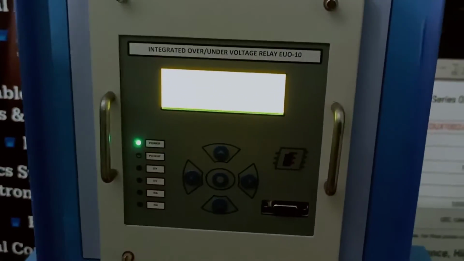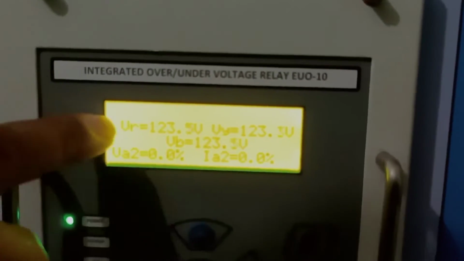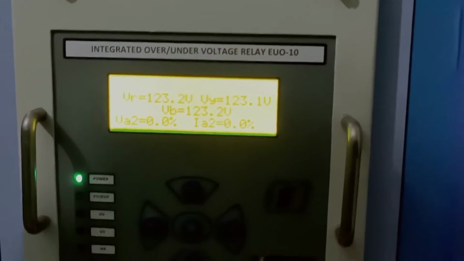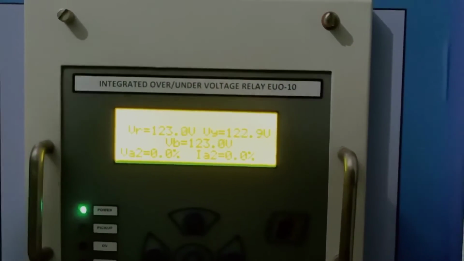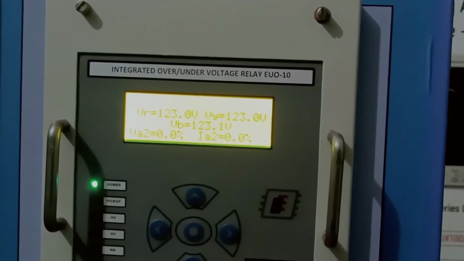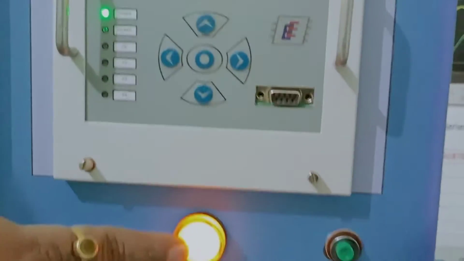This action will provide around 120 to 123 volts to the relay to keep it on the safe side, and this is called the relay initiation. Here we can see the relay trip status. Now the relay is in on condition.